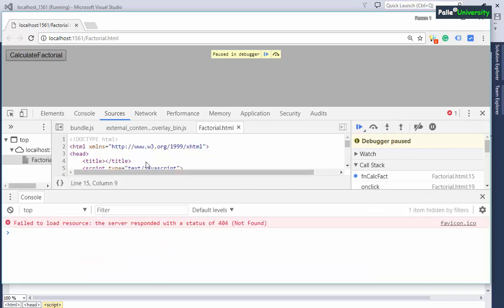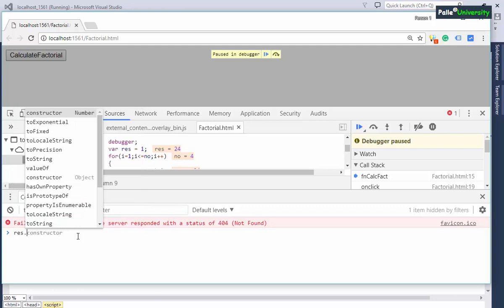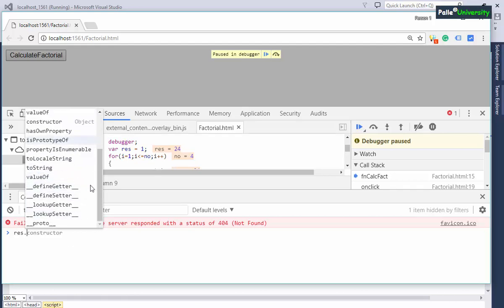Now the console window will be attached to the debugger window, the developer tools window, where the debugging is happening. Now you can take advantage of this console window just like our IntelliSense window, right? You observe carefully. I can type res, and when I type dot, I am getting a window like this, right? So this window is almost equivalent to our IntelliSense window in Visual Studio. Right. So you can see all the linked properties and function names over here. Okay. So wherever required, I will explain how to take the help of this window later.